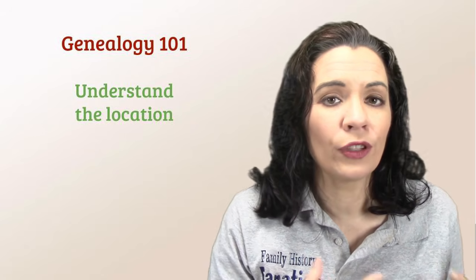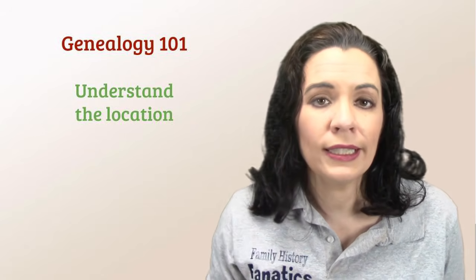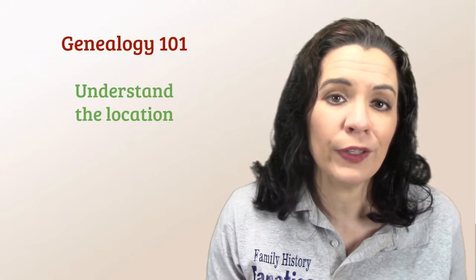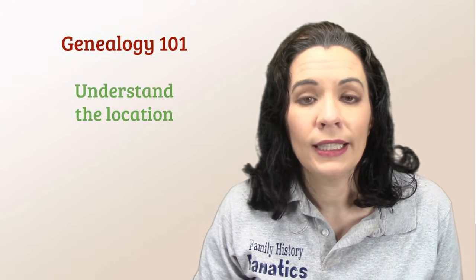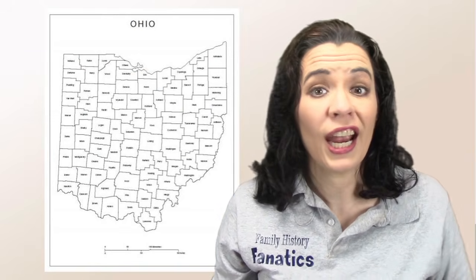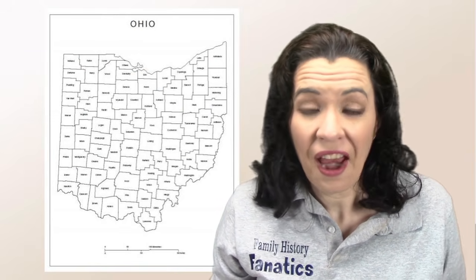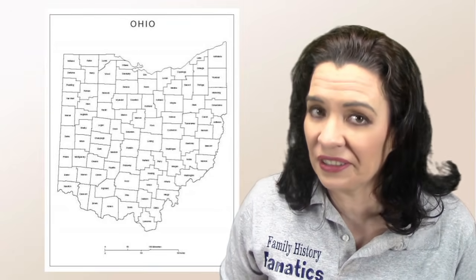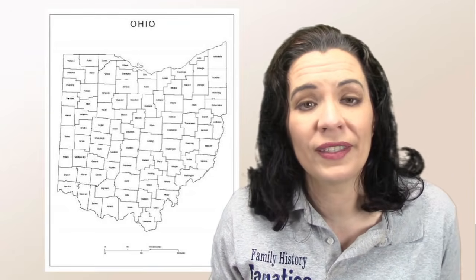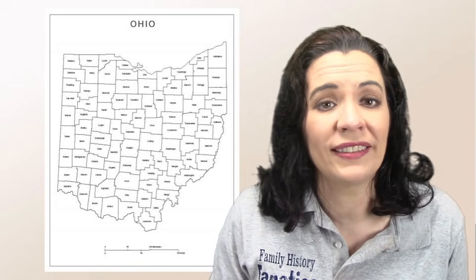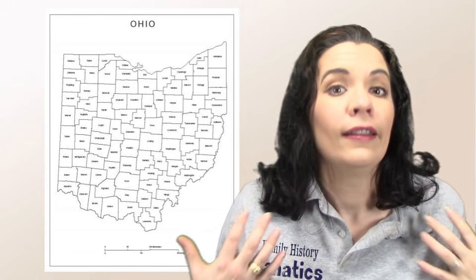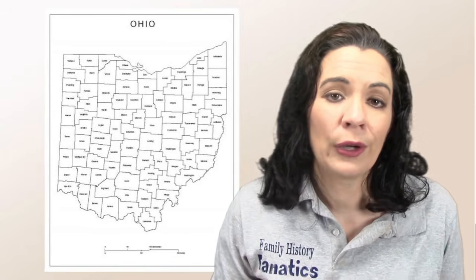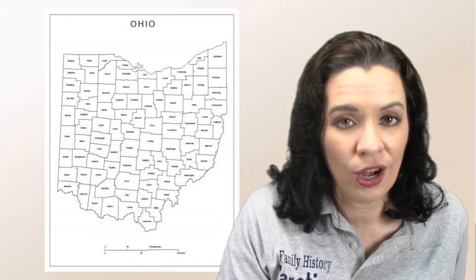So in the case of location, you need to know where your ancestors lived, as specifically as possible. Did they live in Ohio? Great! There are over 88 counties in Ohio. Which part of Ohio do you want to research in? Some records are kept at the state level, but a lot of them are kept at county and city level, and searching 88 counties is a lot. So you want to have a location as specific as possible.